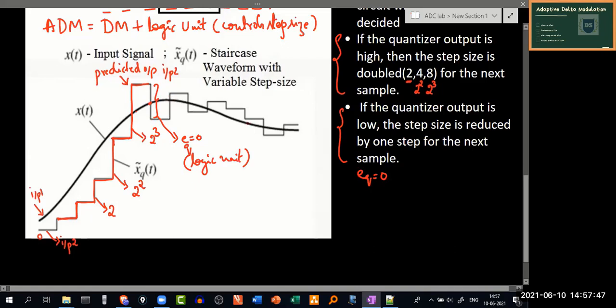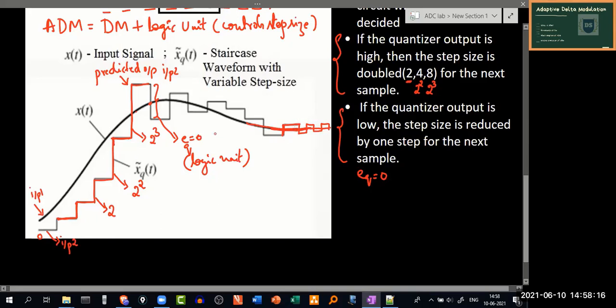And when the analog signal is almost constant, or the values between adjacent samples differ by a very small value, then here you can see that the delta size is decreasing by a large amount. And this keeps on happening if the difference between adjacent samples is very, very low.